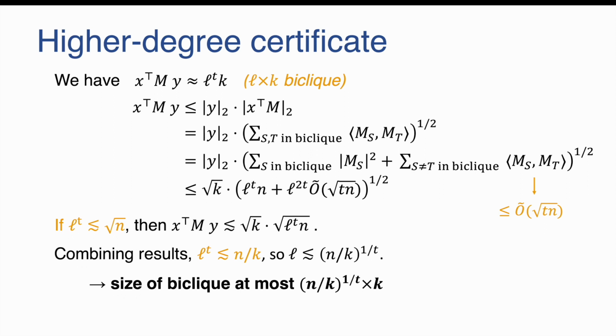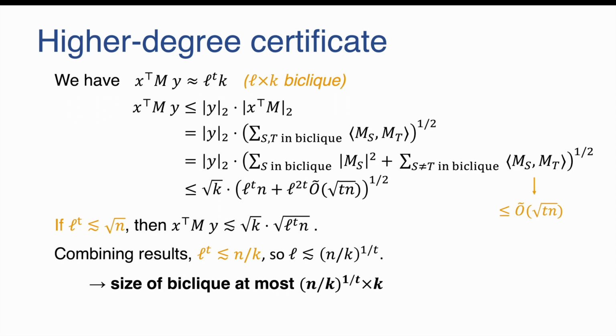So why was it okay here to assume that L to the t is less than root n in that step? Well, because we later showed that this implies that L to the t is even smaller, smaller than n over k, and if we take k to be root n times n to the 1 over t, then even if you assume it's larger, you can still prove it's even smaller,